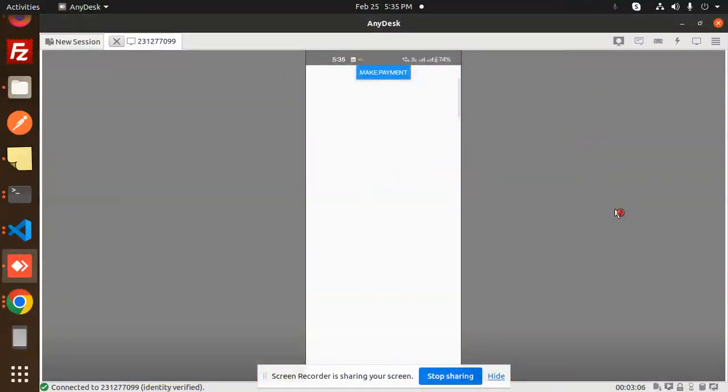Hello friends, welcome back to the new React Native tutorial. Today we are going to learn how to integrate the Stripe payment gateway with React Native and